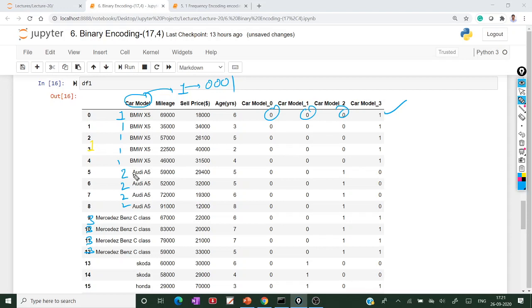And this is Audi. Audi means 2. 2 means 0010. That's why here 0010, wherever Audi is, the same.